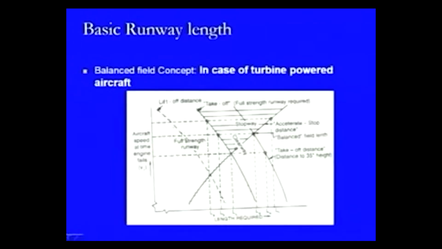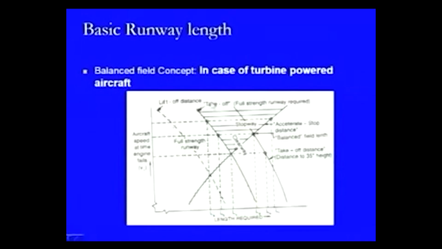So, we can find out the lift off distance at different speeds, like if we are talking about this one, then this much is the length which is required for us to stop, so as to get a lift at this speed. So, this is how things can be correlated, where this is a takeoff full strength runway required condition. So, takeoff distance can be computed with respect to this line, and this is another graph which tries to define the takeoff distance to attain a height of 10.5